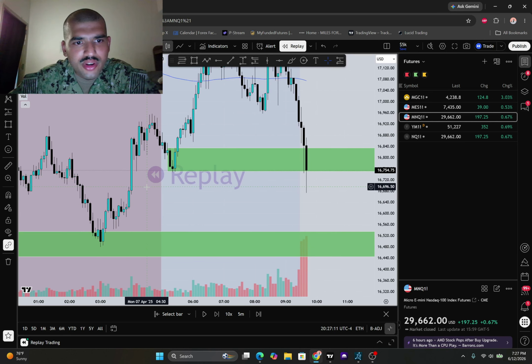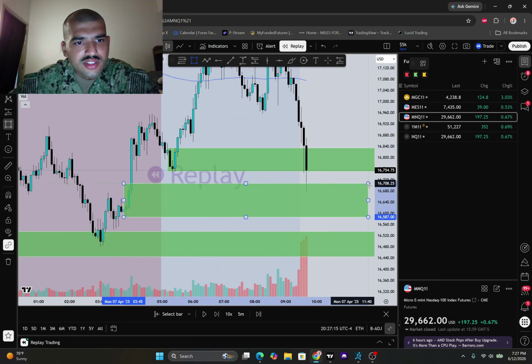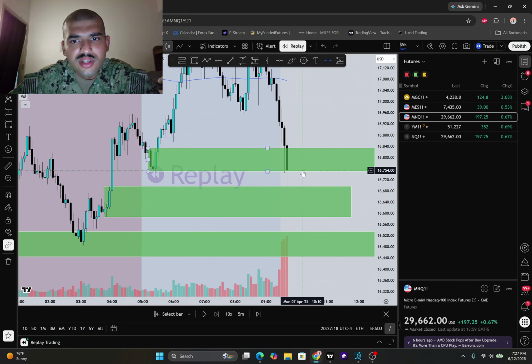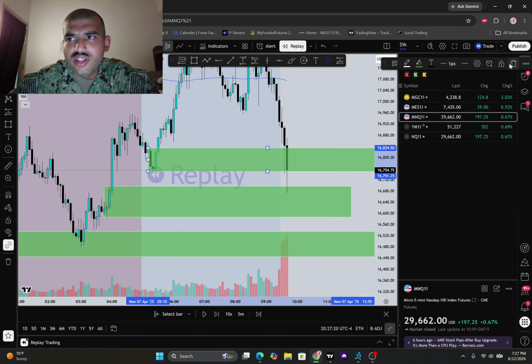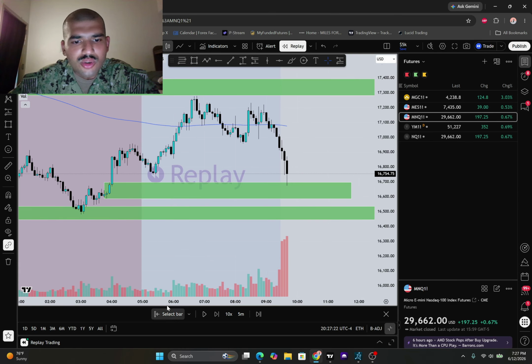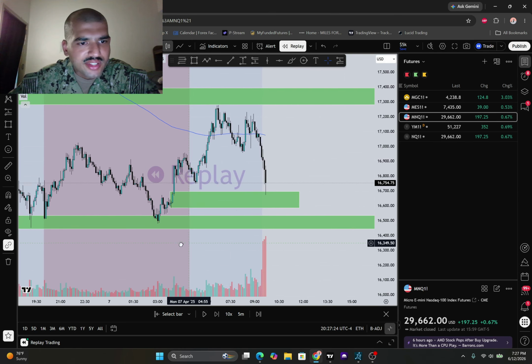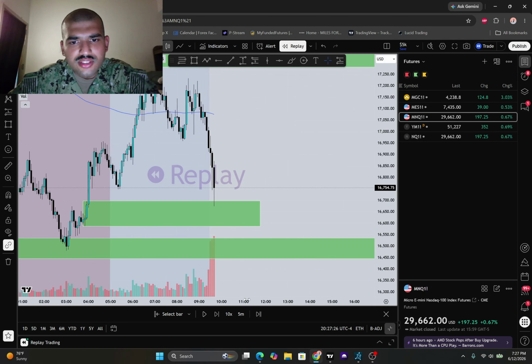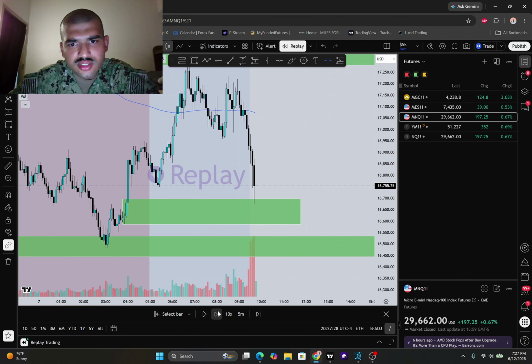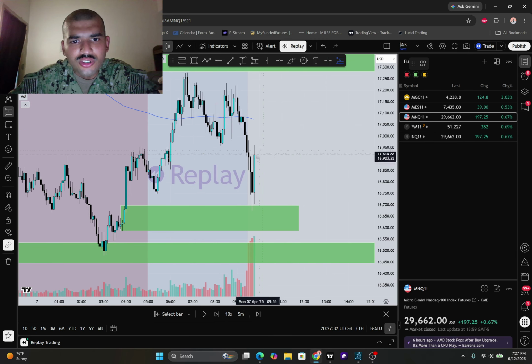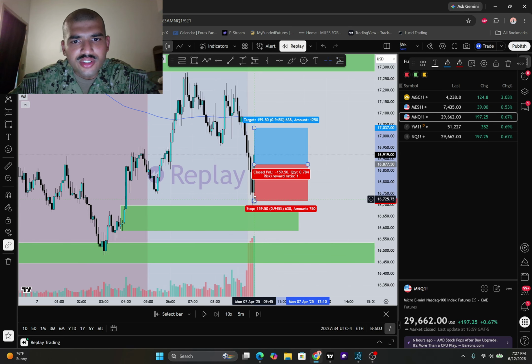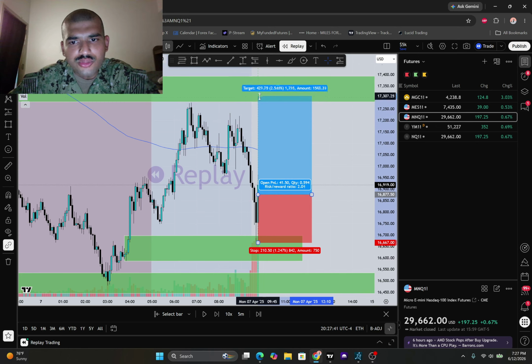But there's this gap right here that it just filled, right over here. This is also a demand zone right here. But since this one got disrespected, let me go ahead and delete this one. But since we are at an area of support and price is going up from that area, let's go ahead and see what it's gonna do next. If it's bullish, okay, yeah, we would have got in right there for longs on this break of candle right here. Stop loss is gonna be right under that wick, and we're gonna be going for a 1-to-2.